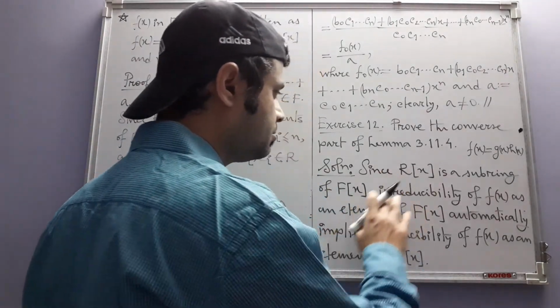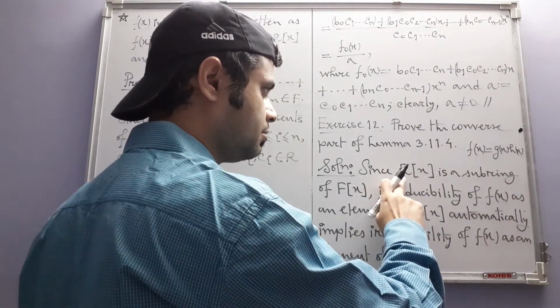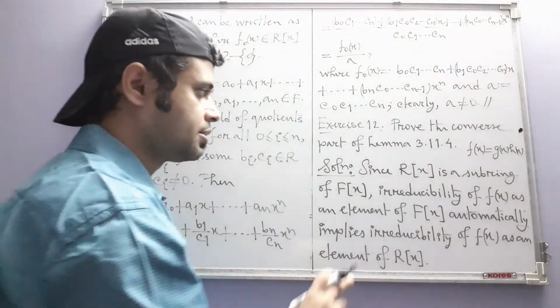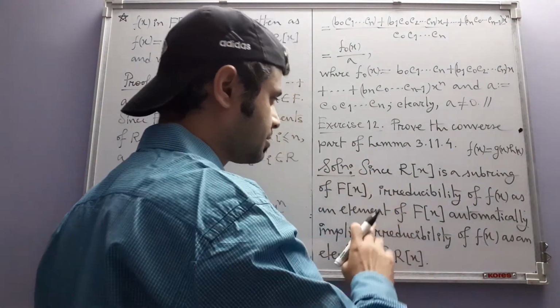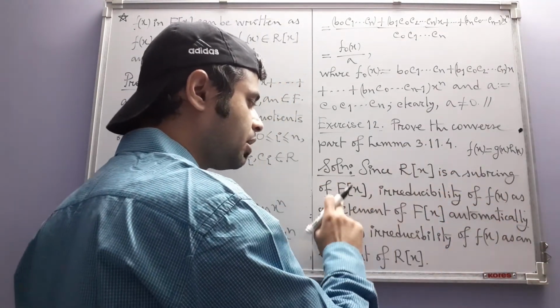So that means f(x) cannot be reducible over R. In other words, if in that case f(x) is irreducible over F,